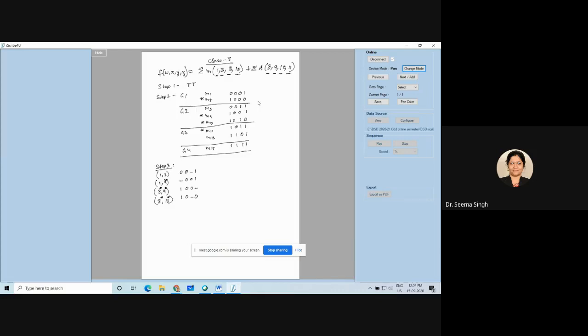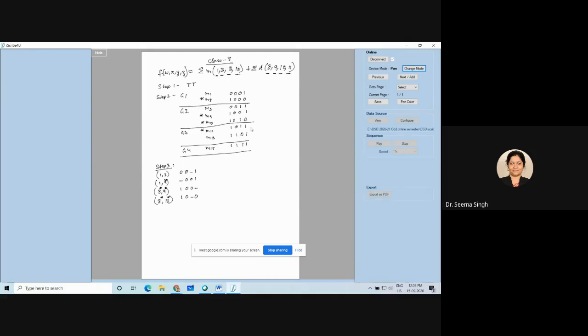Next, what shall I do? Group 1 and group 2 pairing is finished. Next, I should do group 2 and group 3 pairing, right? If I have missed anything, you should tell me. Group 2 to group 3 pairing I should do. Now when I do group 2 to group 3, I am trying to do M3 with M11 and M13. So when I do M3 to M11 it is possible, but M3 to M13 is not possible because two terms are changing. But M3 to M11 is possible.